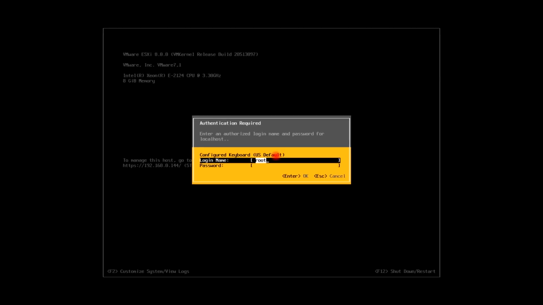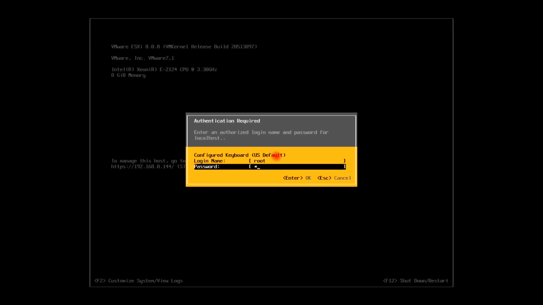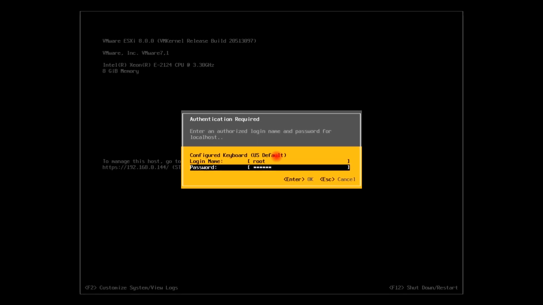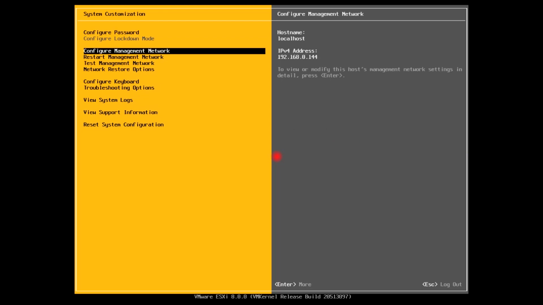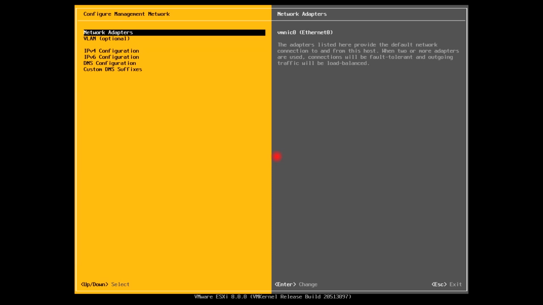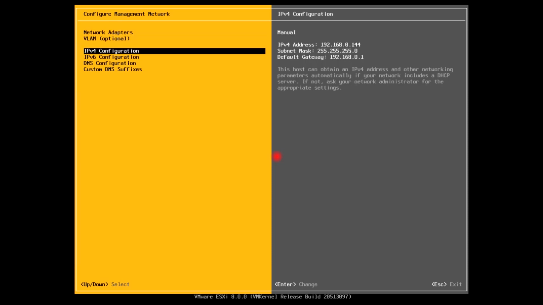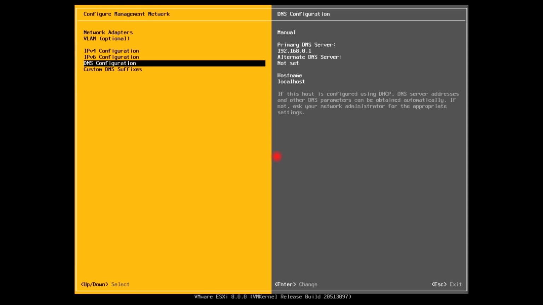I will press F2 again. I will provide the password for the root. I will again go to configure management network, and this time I will go to DNS configuration and I will hit enter here.